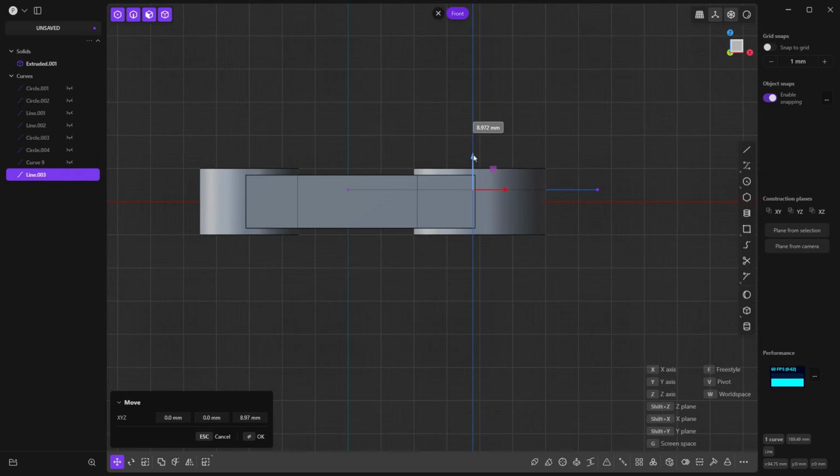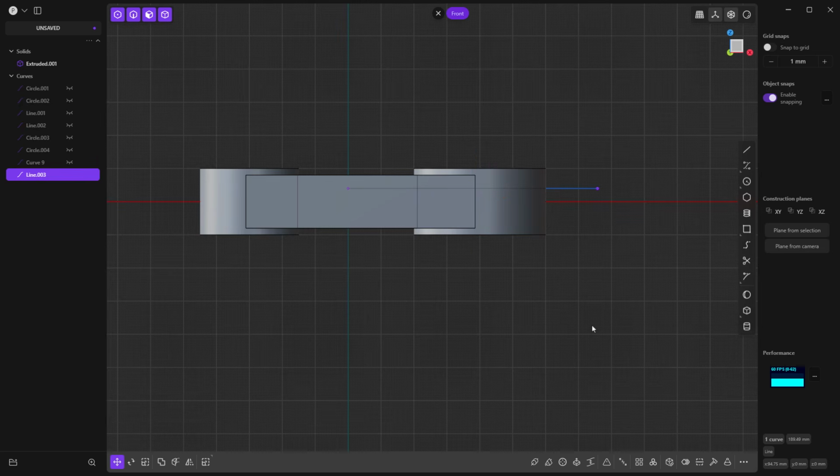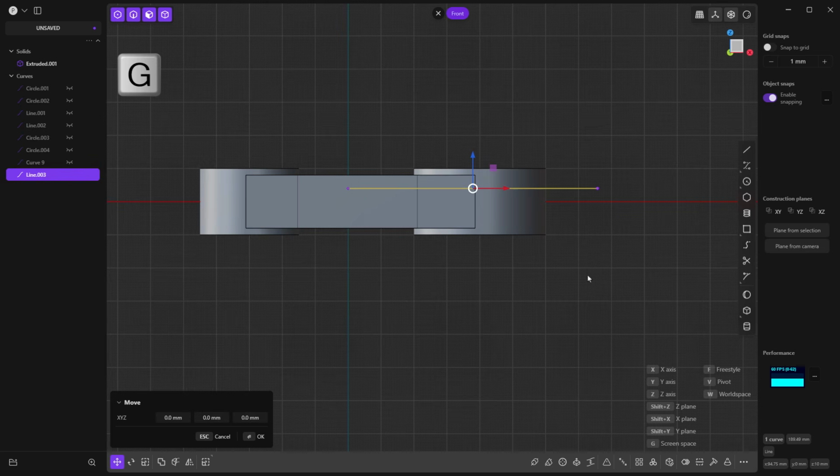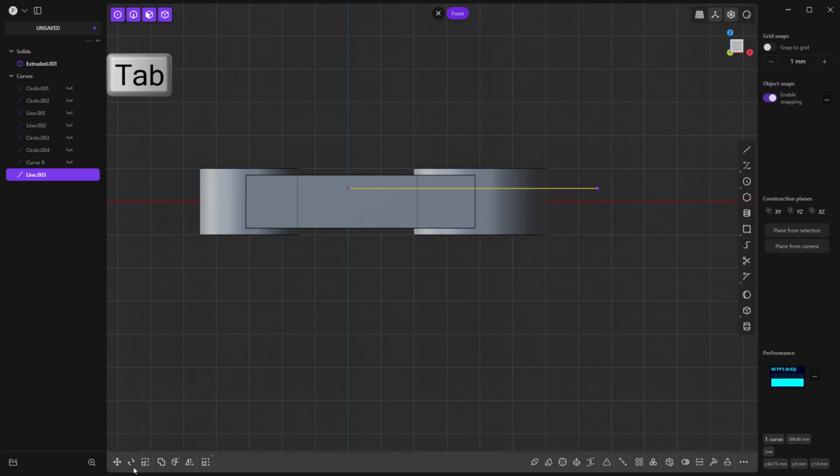So move in the Z direction, and we're going to move at a distance of 10 millimeters. Now, you can do this a few different ways. If you just hit G on the keyboard, the shortcut key for move, and Z on the keyboard, it will lock this to your cursor, and you can quickly and easily move it. And you can hit Tab a couple times to get over to those dimensions. So you can do it without actually going down and clicking move. It's a very quick process, but for new users, we want to try to avoid those shortcut keys until you